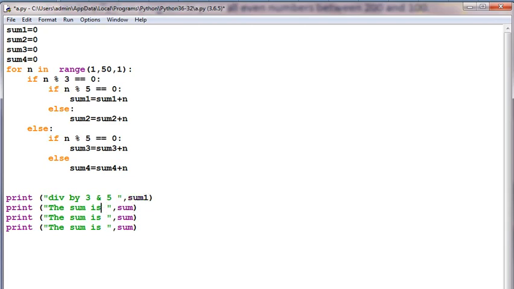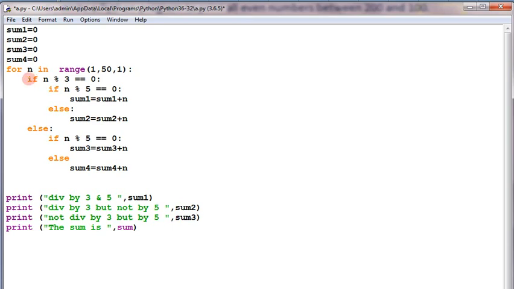Okay. So next will be what? Divisible by 3 but not by 5. That is sum2. Fine. This one I am saying about: it is divisible by 3, that's why it is coming inside. But it is getting failure from here, so it means it is not divisible by 5. That is sum2. Thereafter we can make: not divisible by 3 but by 5. So this will be our third statement, that is sum3.